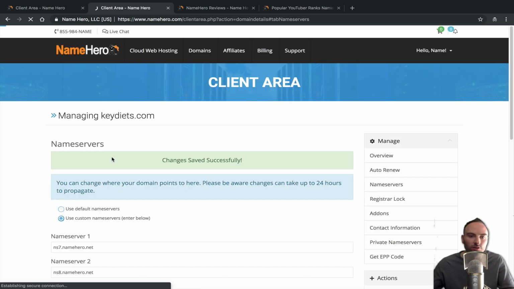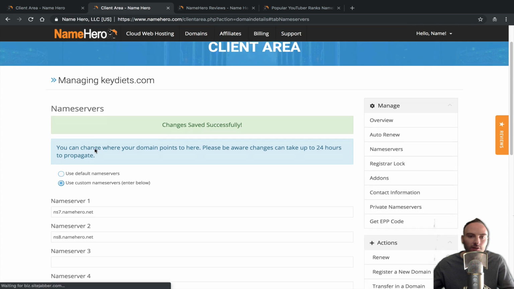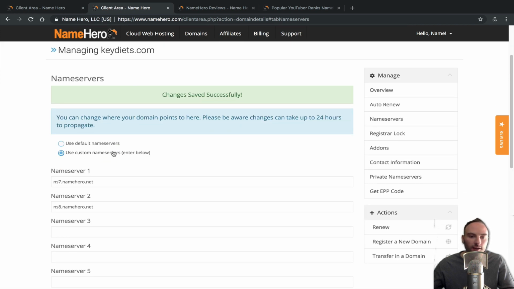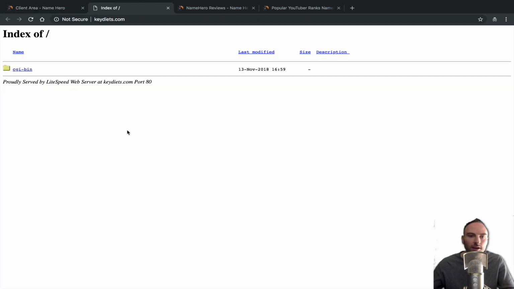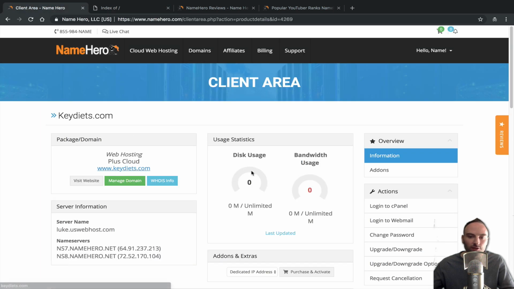And so for those of you that have your domain over at GoDaddy or somewhere else, log into that interface and set the name servers. If you register or transfer your domain to us, we automatically do that for you. Okay, so let's go back. So now keydiets.com is set up at NameHero. If I click the domain, you can see I just get a blank page that says proudly served by Lightspeed Web Server at keydiets.com. So the first thing I want to do is I want to install WordPress,